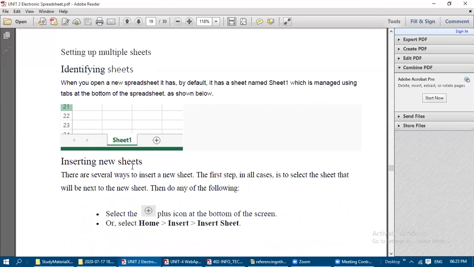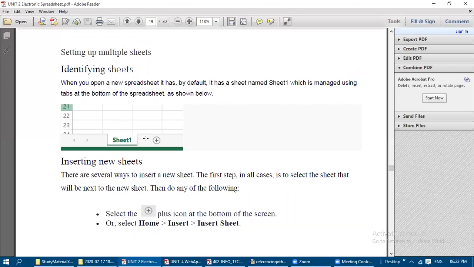So inserting new sheets. How can we insert a new sheet? By default 3 sheets will be there, that is sheet 1, sheet 2, sheet 3. So if you want to insert a new sheet, we need to go for the following methods. So there are several ways to insert a new sheet. The first step in all cases is to select the sheet that will be next to the new sheet. Okay. So you need to select the sheet where you want to insert the new sheet.